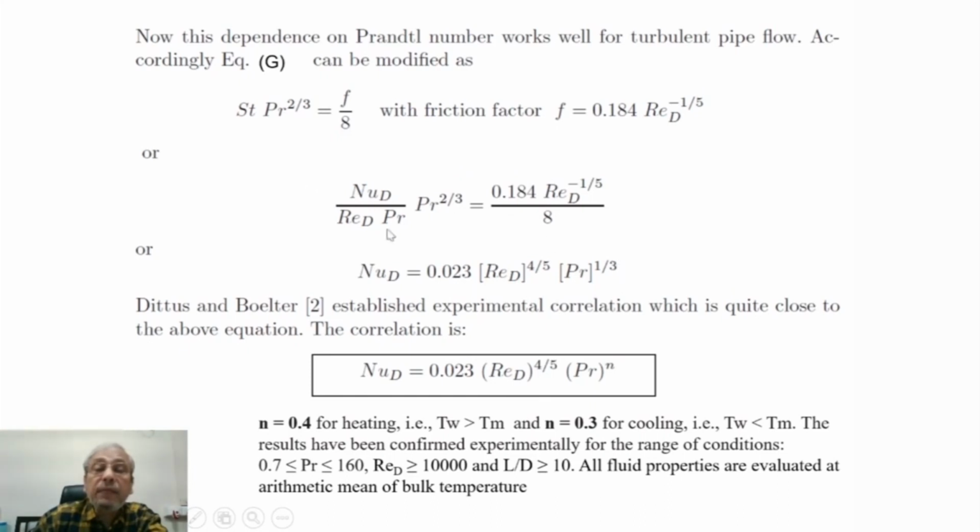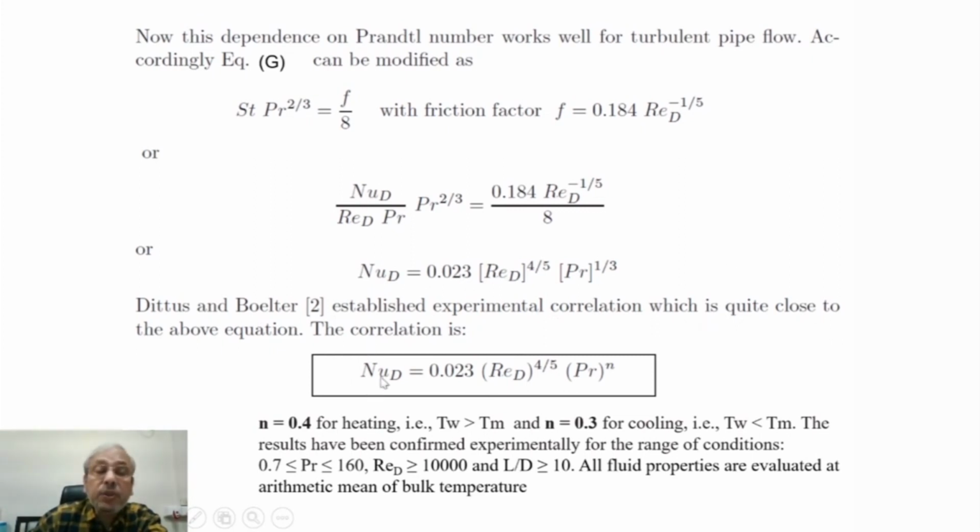And we get the final expression as Nusselt number based on duct diameter equal to 0.023, Reynolds number based on duct diameter or tube diameter to the power 4/5, Prandtl to the power 1/3. Now, this has amazing similarity or match with the experiments, and these experiments were conducted by Dittus and Boelter, and they established experimental correlation which is